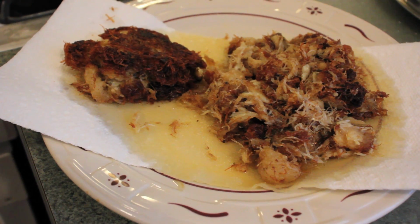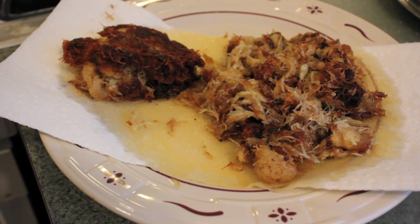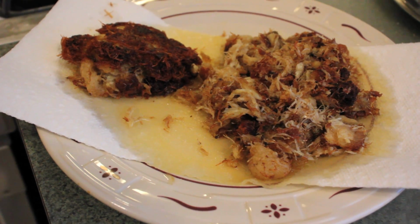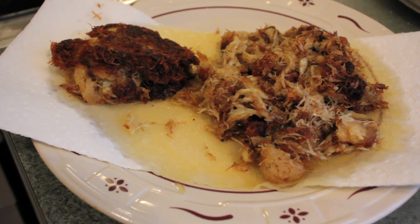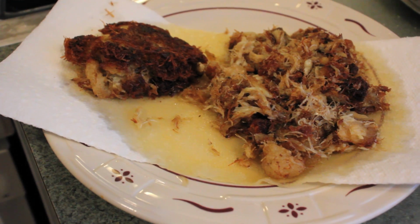My Chesapeake Bay fried crab, one piece crumbled, which is still good, and I have one crab cake. Remember, I had three crab cakes in the beginning. Apparently two of them crumbled because I didn't have enough binder. But still, it doesn't mean anything. I can lay this crab meat on rice or quinoa, or maybe just add a vegetable on the side and enjoy this